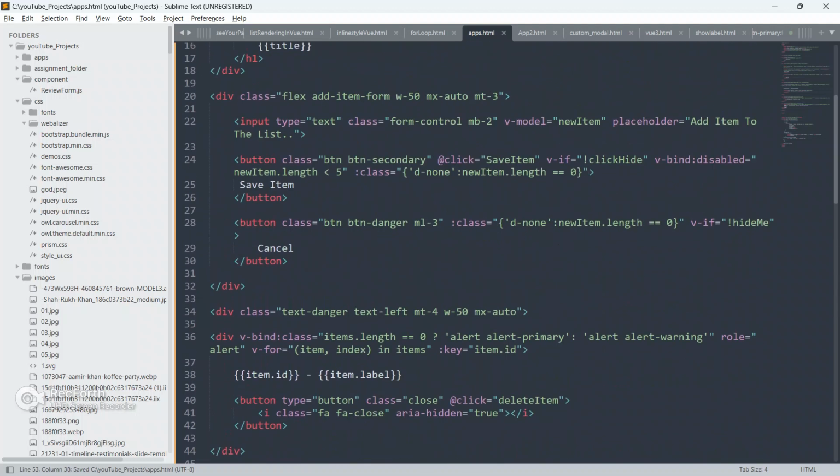So we will go up. Okay, so now we will go in the input box.